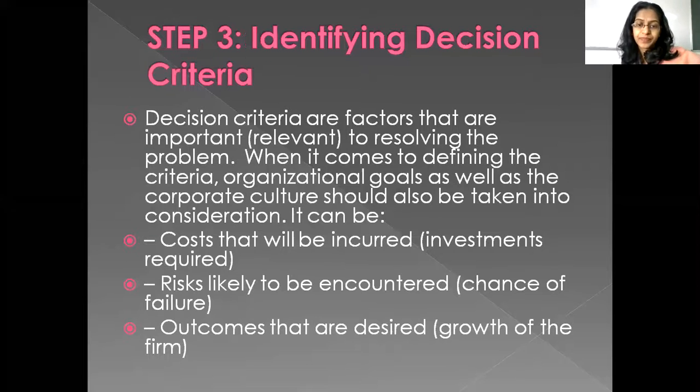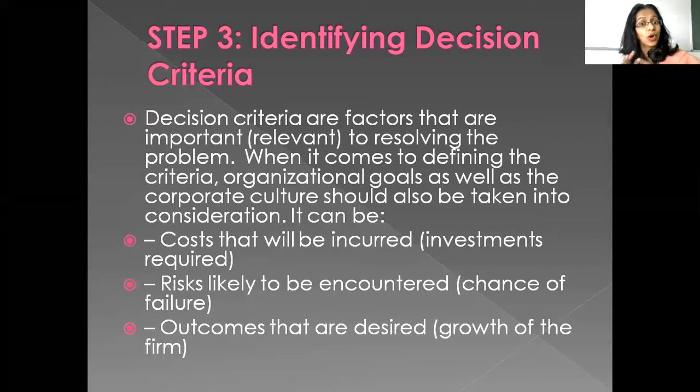Now, the third step is to identify your decision making criteria. What all things are important for you? That is known as decision criteria. Okay, so when I am thinking from my company's perspective, what is important to me? Work has to be done. There are some targets and deadlines which have to be met. Otherwise my boss will get angry or my customers will get angry. My customers are the most important thing for me, so whatever they order, I will do. So that is my important thing.